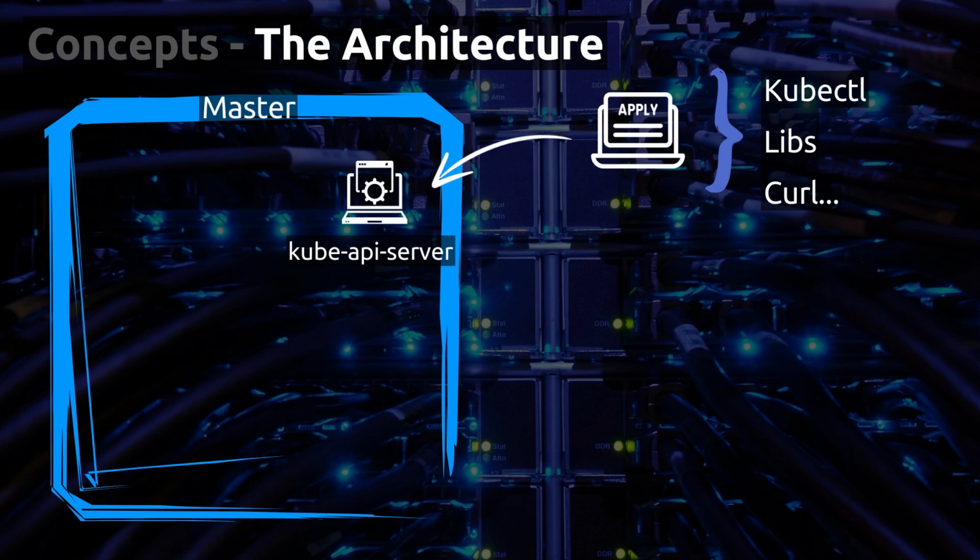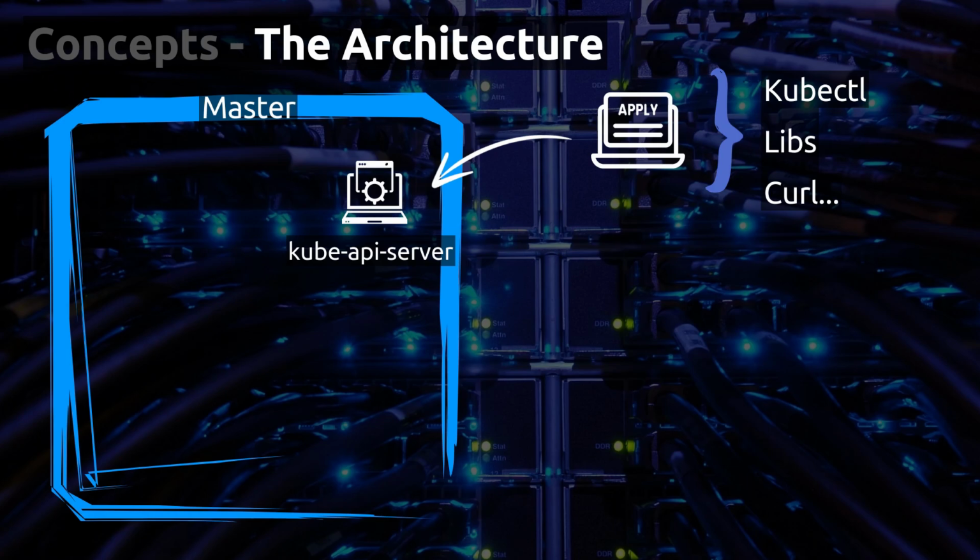To start, we can consider that we just send a kubectl command, or ask with a library like a Python library, to create a deployment to our cluster. So in fact, we are just a client who sends a request to a server. We declare a state that we want to have. So the API server is the main entry point into the Kubernetes cluster.